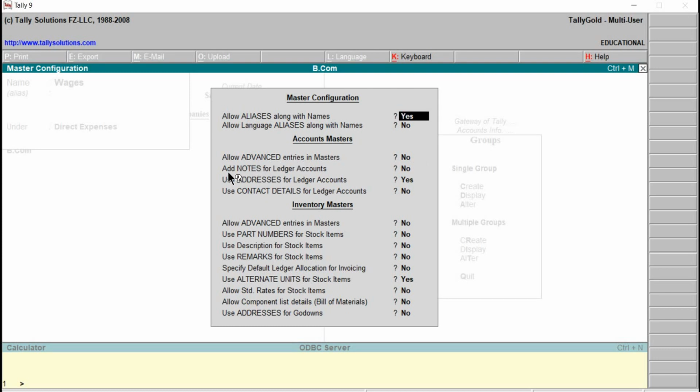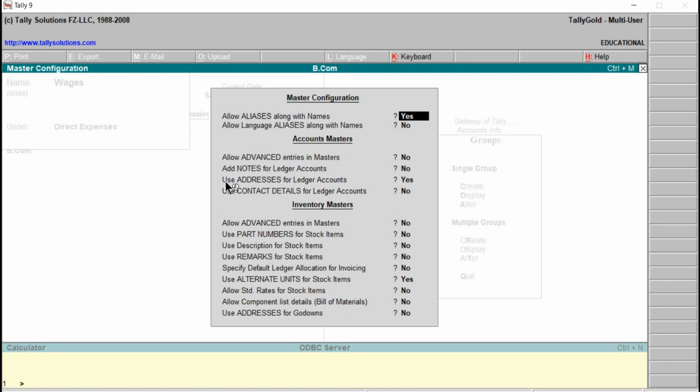And coming to the next one, add notes for ledger accounts. Default is no. When this is set to yes, Tally displays a new field to enter notes for ledger master. This field allows entering any additional information about the ledger.